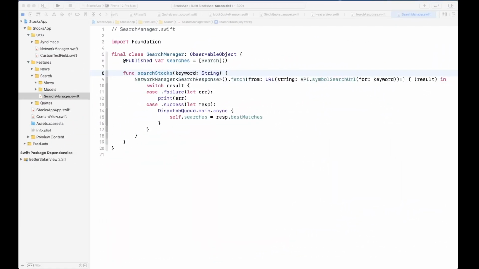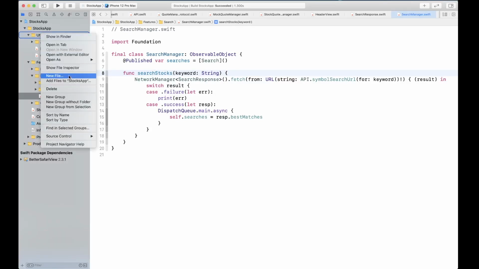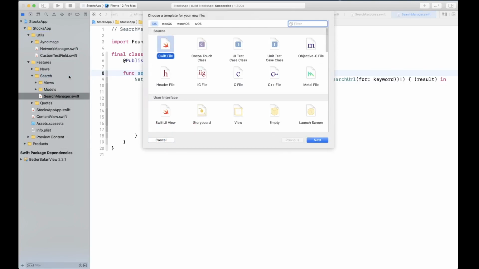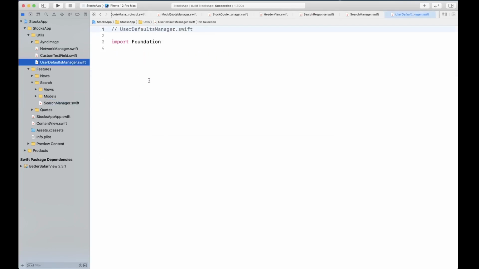Let's create a file in Util, and this one we're going to call UserDefaultsManager. This UserDefaultsManager is going to be a class which is going to help us store and retrieve user defaults.